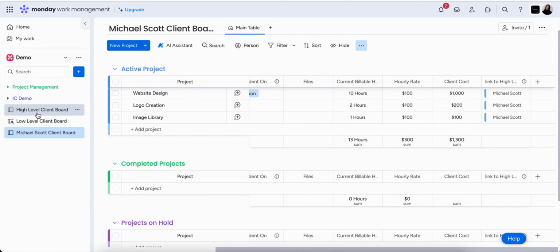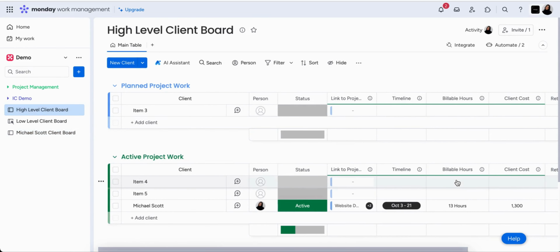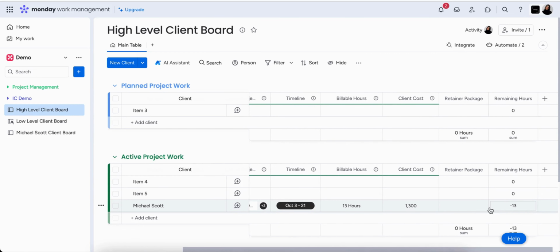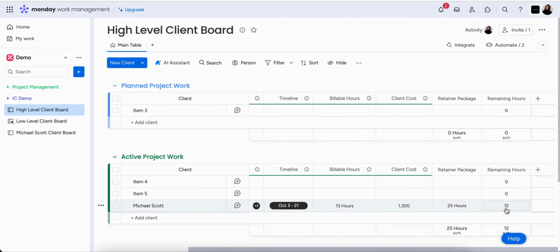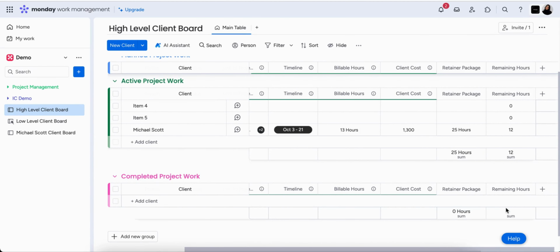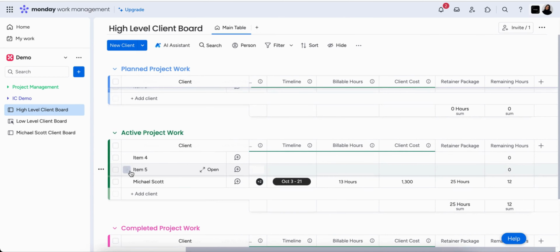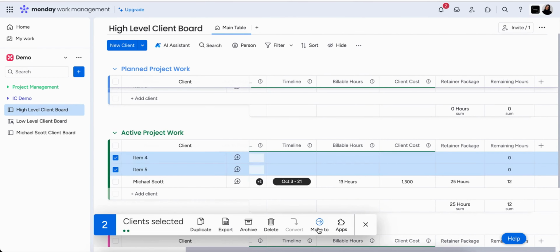So again, we'll pop through to that high level board and we'll see a total of 13 hours, a total of $1,300. And let's say that his retainer package is 25 hours. So we can see that he has 12 hours remaining on his package. So this just gives you a real overview of what it would look like to have multiple clients on the one board. So if we get rid of these ones,